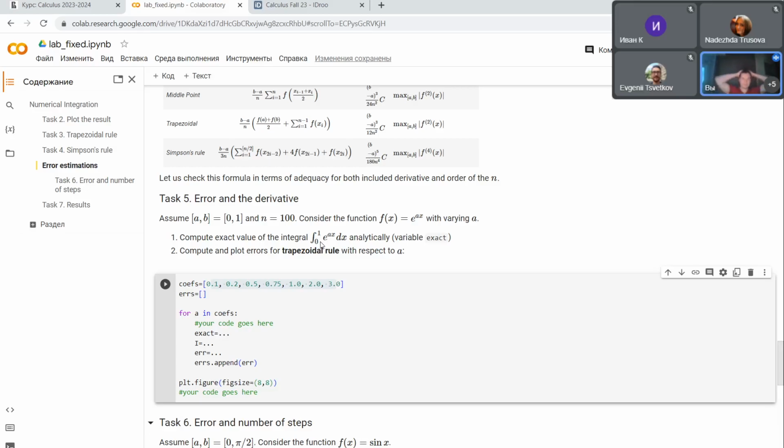Okay? And after that, we suggest you compute a trapezoidal rule approximation using all these values of the parameters. And we suggest you to